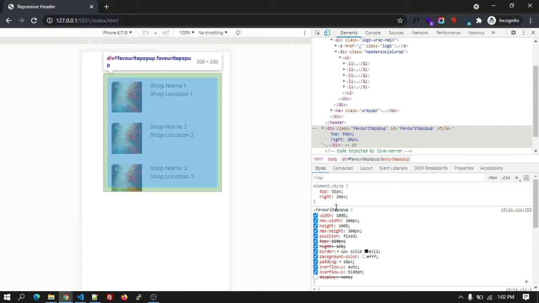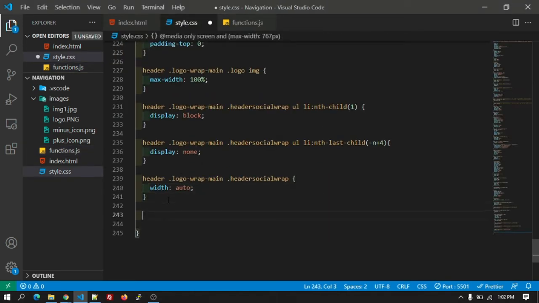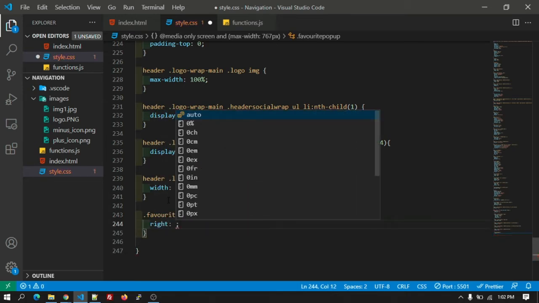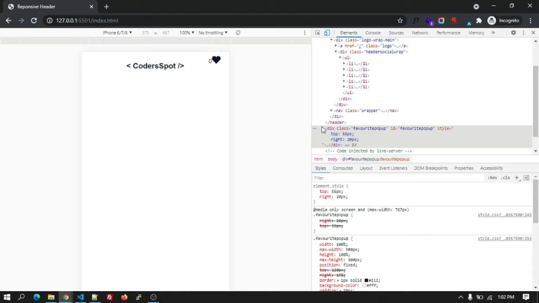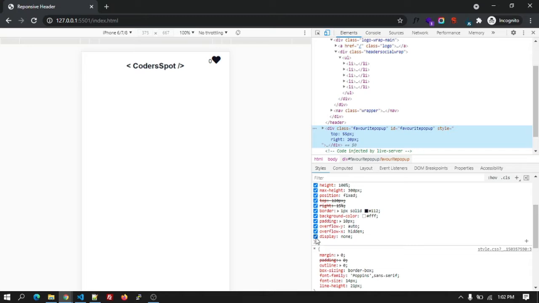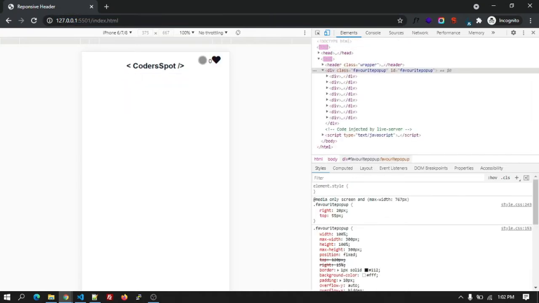Okay, let's write it for the mobile device. Let's copy the code and add it for the mobile device. All the code we have written is there in the media query only. Make sure you also write it in the media query itself. Top 55 pixel. Okay. So if I remove the display none, it will show below the logo, and after clicking on this heart icon, it should show, but we are facing some issue while toggling this class. We will fix it in the next video. Okay.